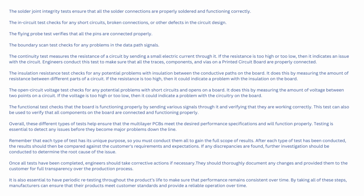The flying probe test verifies that all the pins are connected properly. The boundary scan test checks for any problems in the data path signals. The continuity test measures the resistance of a circuit by sending a small electric current through it. If the resistance is too high or too low, then it indicates an issue with the circuit. Engineers conduct this test to make sure that all the traces, components, and vias on a printed circuit board are